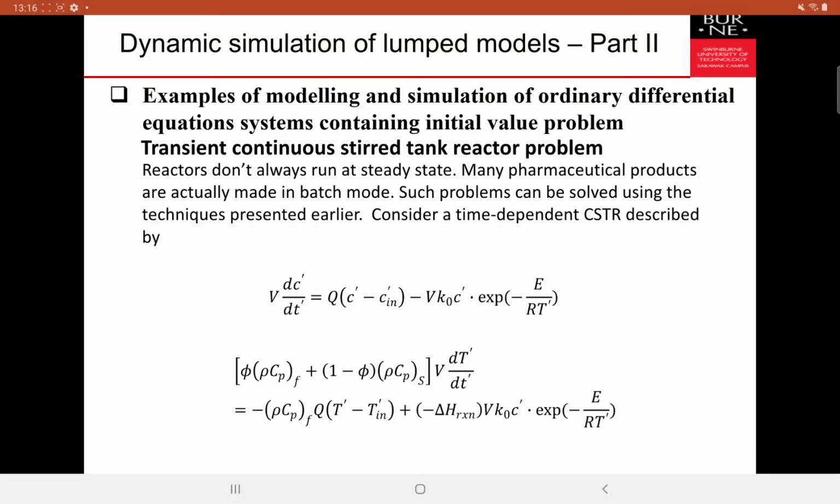In this last part of the video for the week 6 process modeling unit, we will discuss another example on the dynamic LAM models. In this particular case, it is an unsteady state continuous stirred tank reactor. Reactors don't always run at steady state, especially in pharmaceutical productions, because in pharmaceutical productions, normally, as we discussed